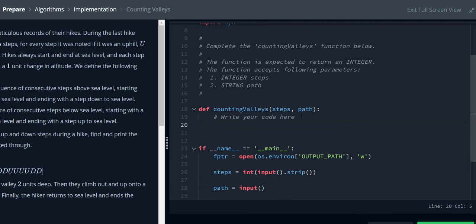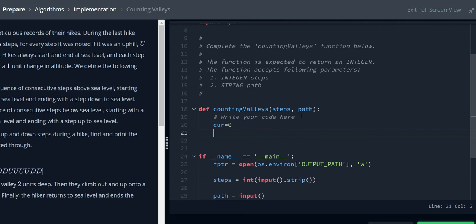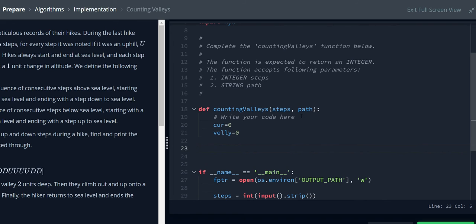So according to our logic, we are going to define a variable named cursor, that is cur, which will define whether we are at the sea level or not. Okay, and then we are going to define the valley variable, which is going to count the number of valleys we have covered, and then we have to run a for loop to go through that list. As it is the Python language, there is a very easy for loop in it. For i in